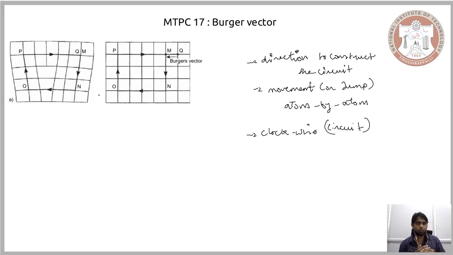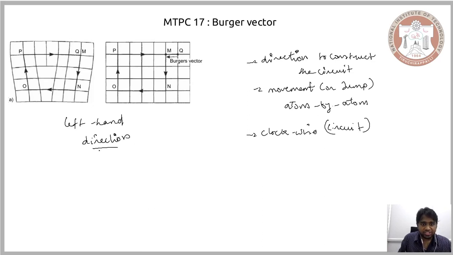Now, it is also possible for us to consider an anti-clockwise movement. Even if you consider an anti-clockwise movement, what is not going to change is the magnitude of the Burger's vector. You can try to construct a Burger circuit by considering a left-hand convention, that is, you begin with a system that already has a dislocation, construct a Burger circuit in the anti-clockwise direction, and then try to recreate it here. The magnitude of the Burger's vector in that case will not change. However, the direction changes.